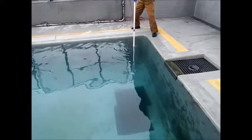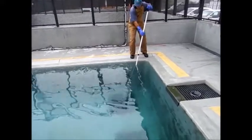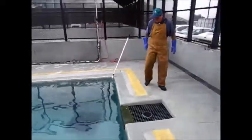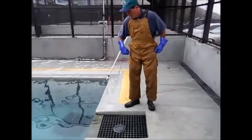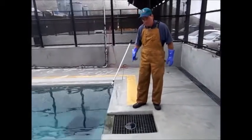Remembering volunteer safety, Rusty is making sure he doesn't slip and fall in the pool because he knows I can't swim. And he's moving the grate just out of the way, and the pole's out of his way. Okay, now what? I'm going to lift up the other grate and allow the water to settle in order to...